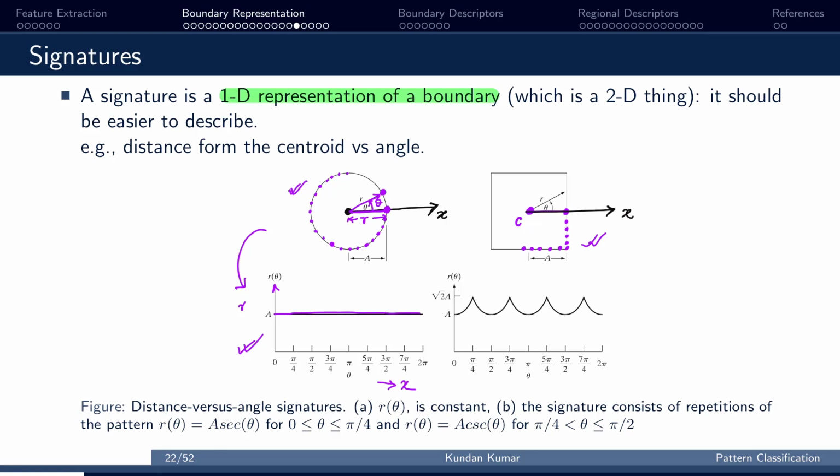So we will have the pixel location, and we will compute the distance r and the orientation or the angle theta of this pixel with respect to our centroid, where our reference is the x-axis. In this way we will compute r and theta for all the pixels on the boundary, and we will plot